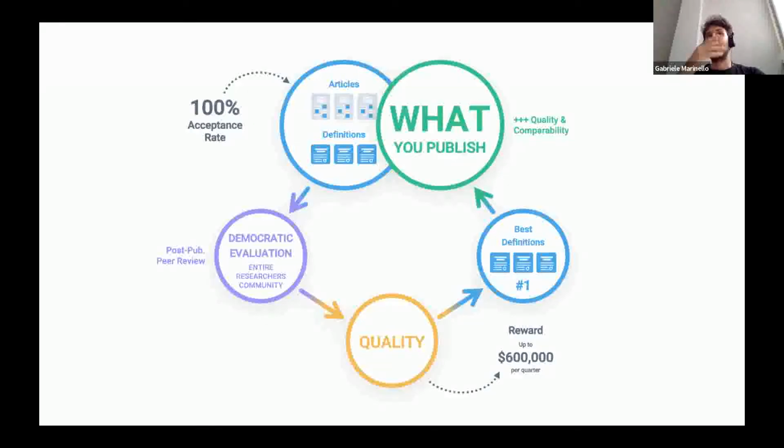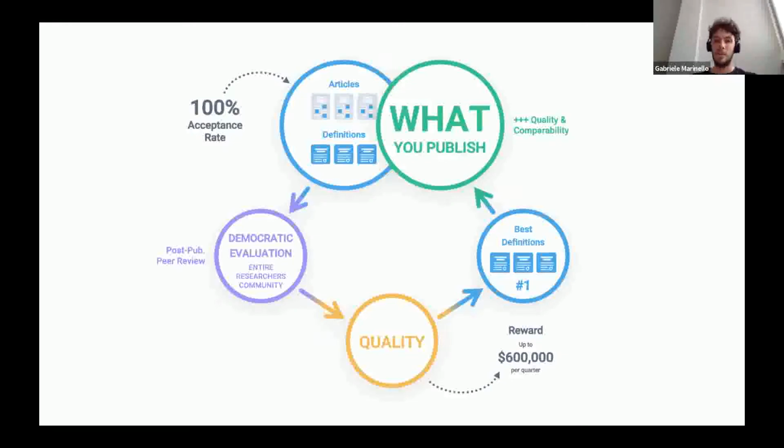We go back, and as a comparison, the traditional academic publishing process goes by just 3 peer reviews, and then that's it. The paper stays there forever until we publish another paper that is just a commentary to that one.